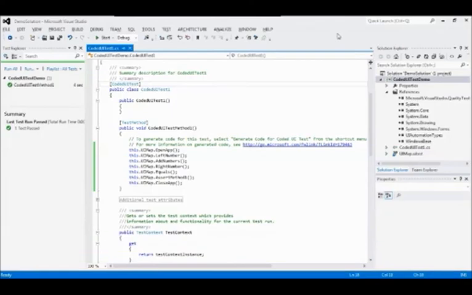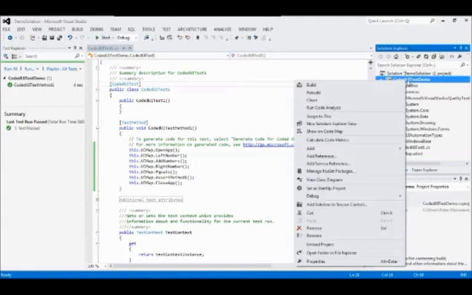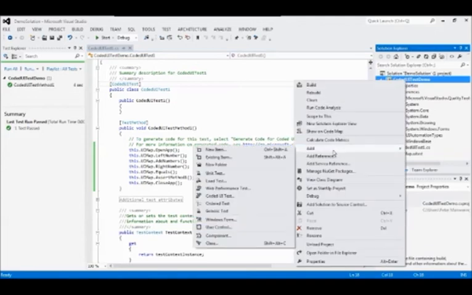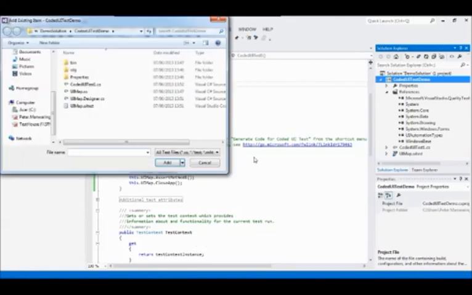I'm now going to show you how you can data drive the test, just to make it a lot more powerful, a lot more flexible, and have different input and output values. So what we need to do first of all is go and include a data source into our test. So we right click on the project and we say add an existing item, so it exists somewhere on the system,